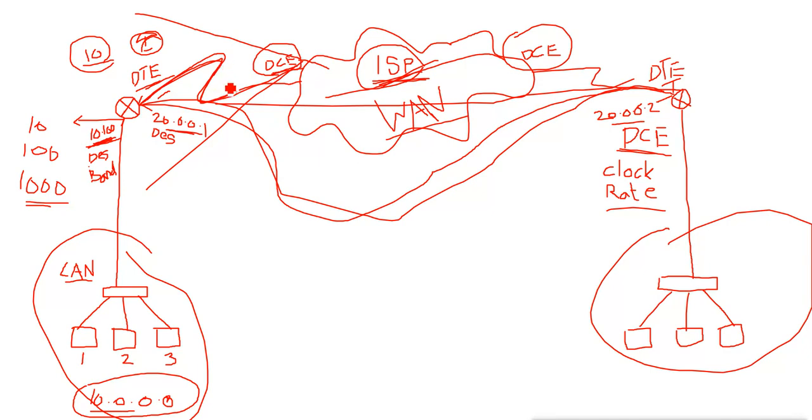So in this case, what can you do? You can manage the bandwidth of your WAN port interface, and reduce it from 10 Mbps to 1 Mbps. Then it will send the data at 1 Mbps, and your ISP will accept the data at 1 Mbps because you have got the 1 Mbps speed. So these are the things which we can configure on the interface of the router.